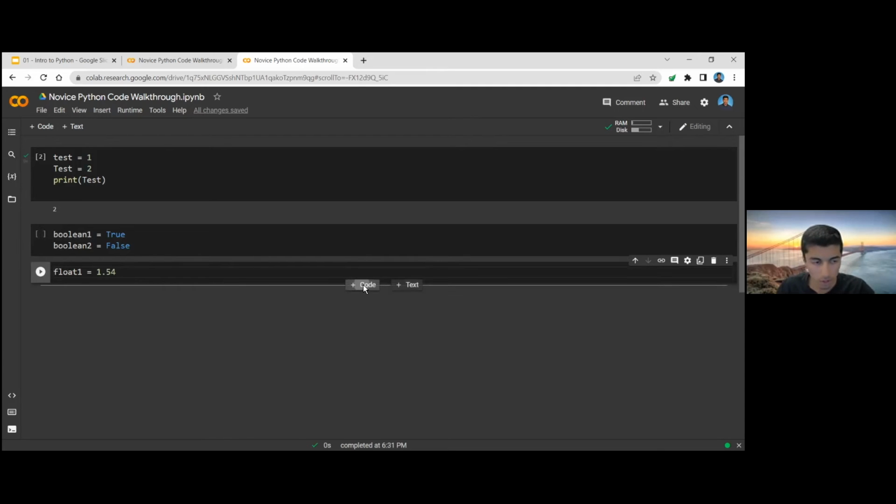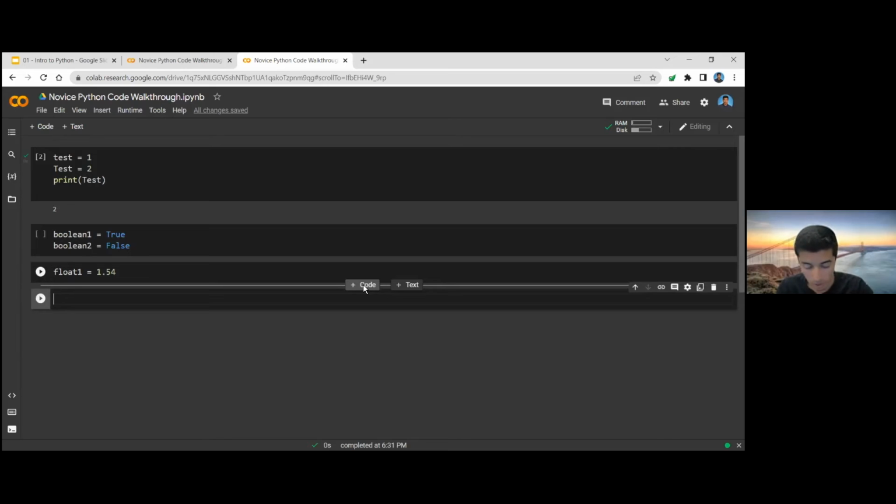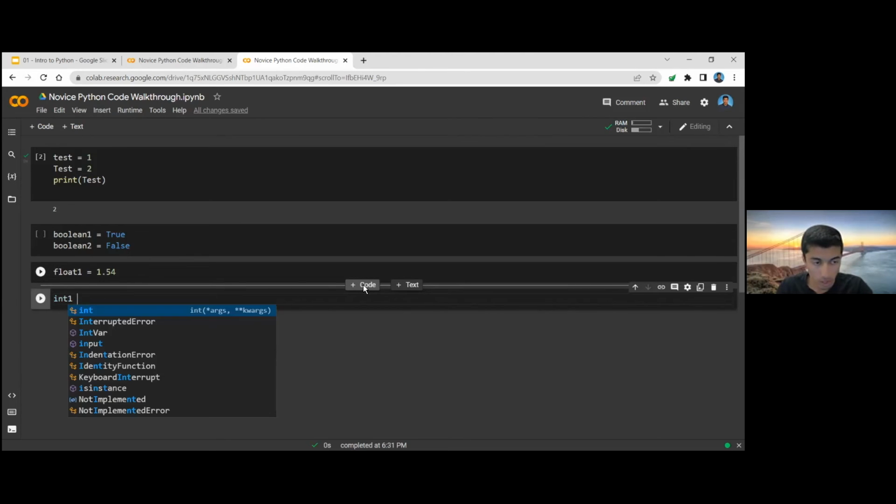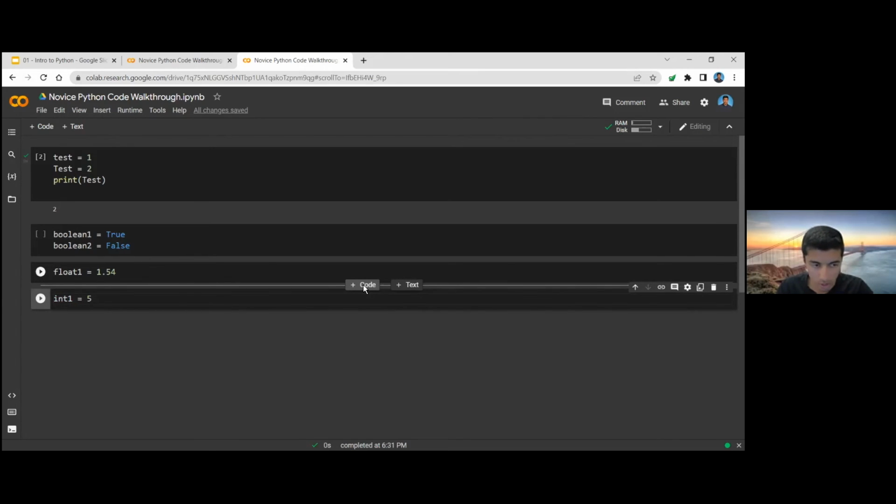Now, following floats, we can also do some other variables as well. We can work with integers. So let's do int1 equals, let's say 5 as our integer. We can also make a string, string1 equals, let's say hello world. And these are some basic examples of what our different data types are going to look like. And those are the main ones that Sanjana went over. And we'll also go over other ones as well, like lists, which are important too. But for now, those are the basic couple ones you want to look out for with data types.